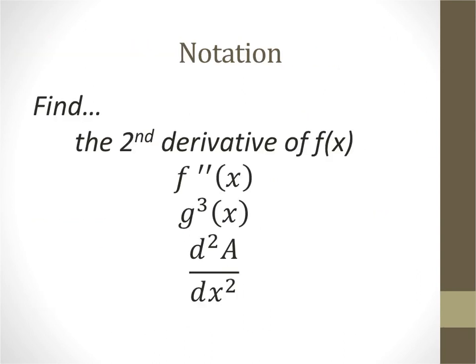We have to take a look at the notation as we go through this, because here we have 2 hash marks, tick marks, to mean the second derivative. Now, this one is saying take the third derivative of g with respect to x. Then we get this ugly looking thing. And the reason we have this notation is that this is taking the second derivative of the function a with respect